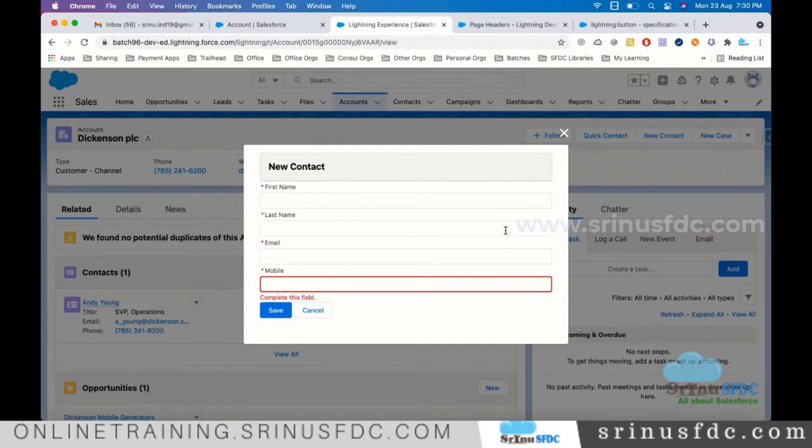I don't want to click anywhere to query for the account and see whether it is there or not. As soon as we open this component, immediately the system should call one function, and from there it has to make the Apex method call and get the account, and we verify whether it is there or not. So on loading of the component, if you want to automatically do something, there are system events.